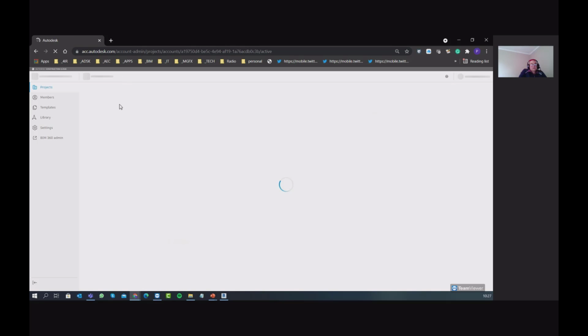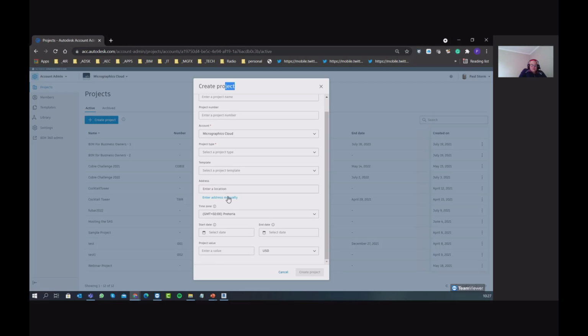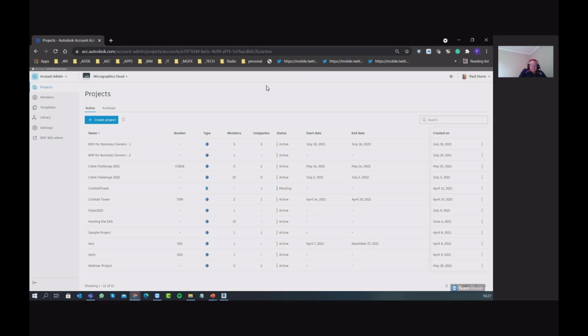you can create a project if you would like. So on the project side of things, you can create the project, and then you can enter the project name and carry on as usual, adding users, and you might, however, have to revert to the old platform if you want to add